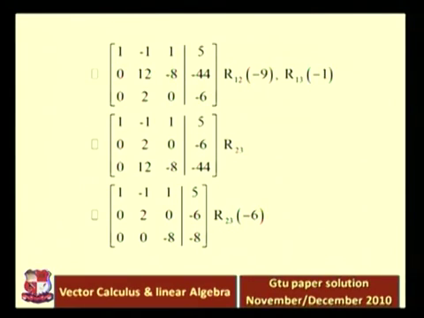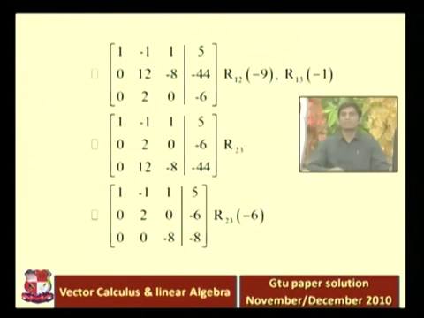Now the next process: we are just interchanging the second and third rows. The first row is as it is: 1 -1 1 5. The second row becomes 0 2 0 -6. The third row is 0 12 -8 -44. Now we are multiplying the second row by -6 and adding it to the third row. So the first and second rows are as they are: 1 -1 1 5 and 0 2 0 -6. The third row becomes